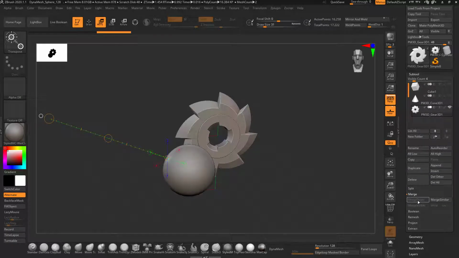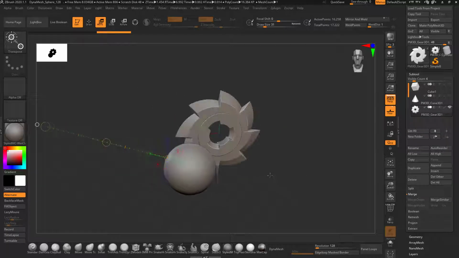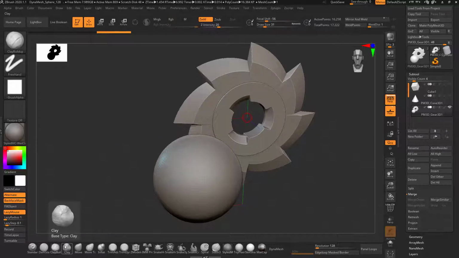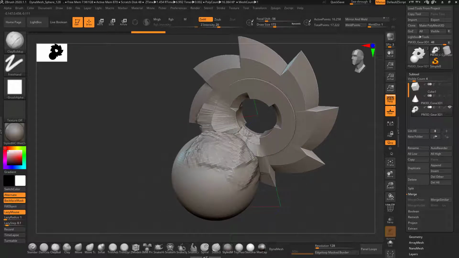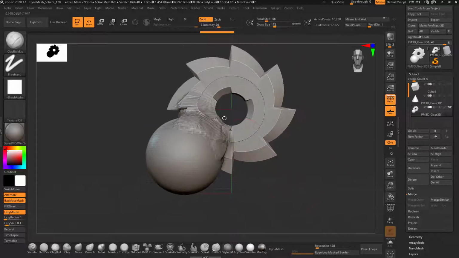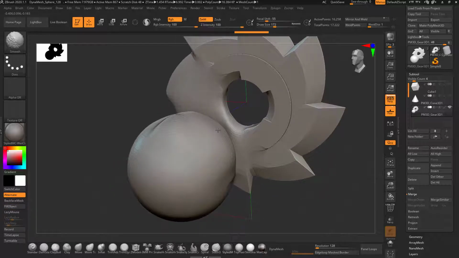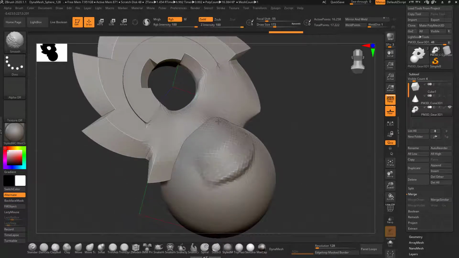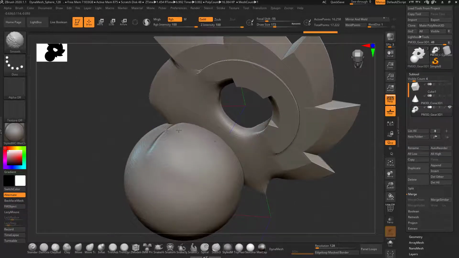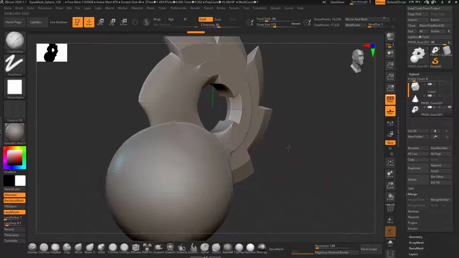So just like I will do it, and you can see now both objects have been merged. I can do sculpting here, and you can see both my objects merged and they are affected, and I can sculpt on both. But as you notice, when I smooth it up, you can see that they are still different. I see a sharp edge, so they are still not exactly merged.